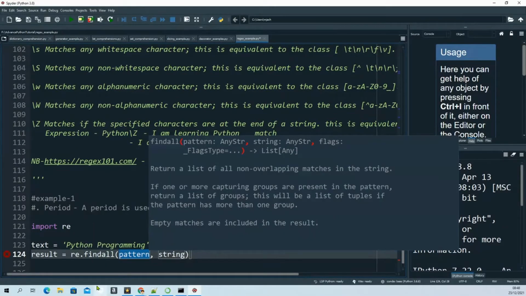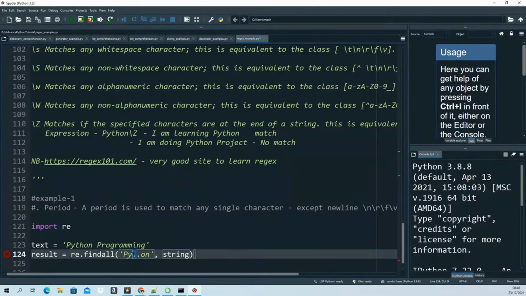Let's say I want to put py, and then I want to put that dot, the period sign, so th and then on. I'm looking for the th, so basically the single character with the one dot is a t, and this dot means an h, so I want to find this, and from the string, which will be the text,